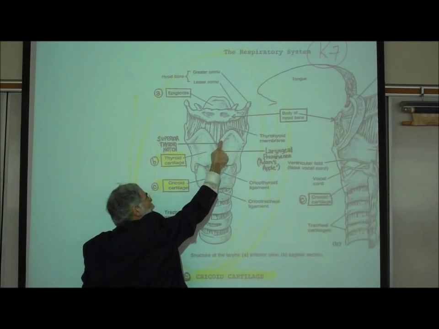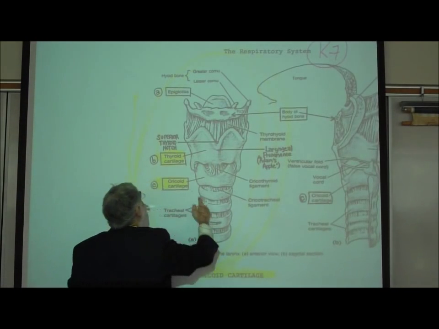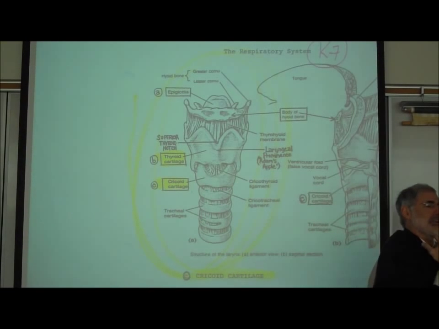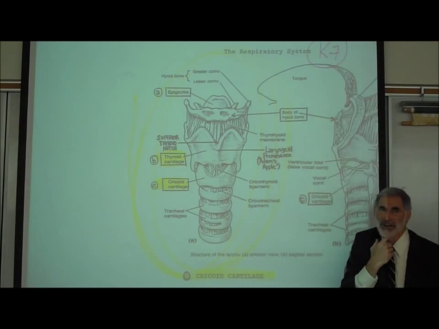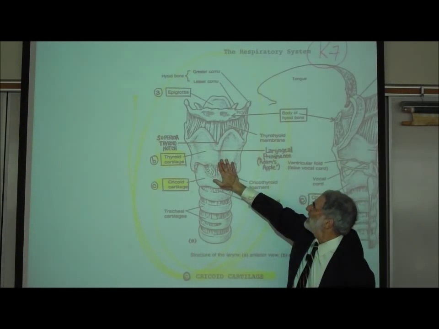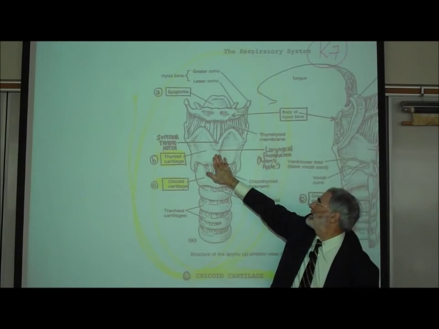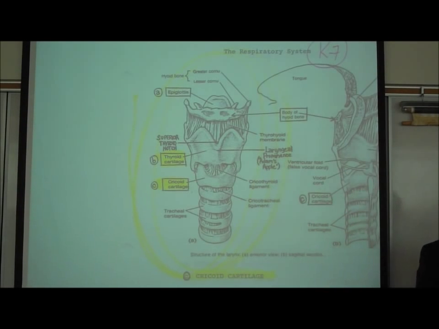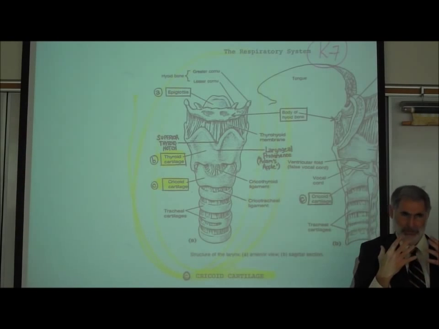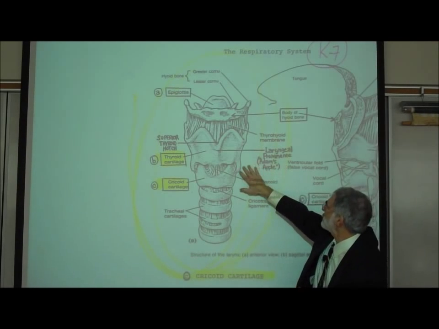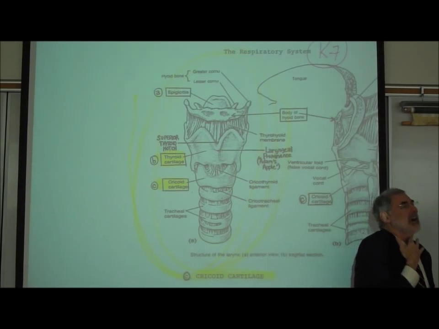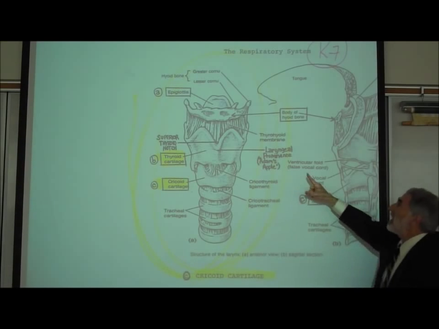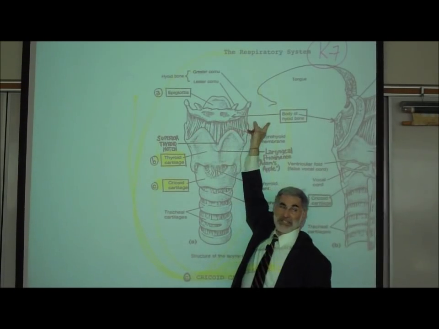There's a notch in the top of the thyroid cartilage called the superior thyroid notch. You might even be able to feel that. It starts to feel kind of weird when you start to touch around there. But there is a notch. And it sticks out in the front right here when you feel it, especially in guys, because guys have a larger larynx than women. Thus the voice is deeper. And that's called the laryngeal prominence, or, quote, Adam's apple. Laryngeal prominence. This is the hyoid bone right here, as it shows.